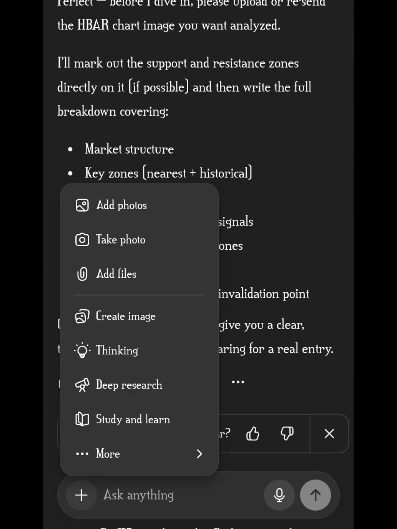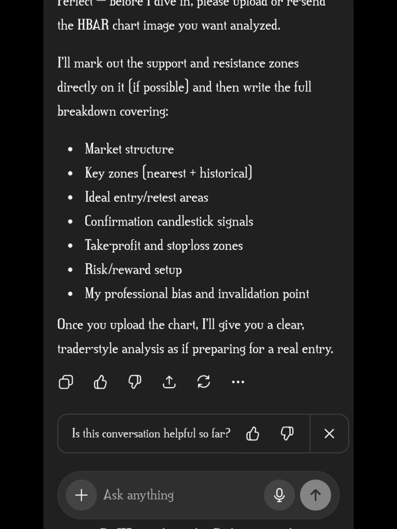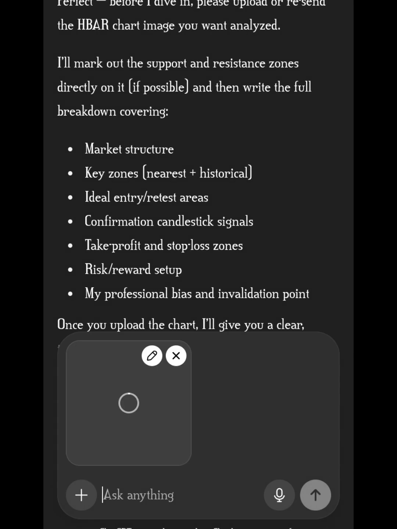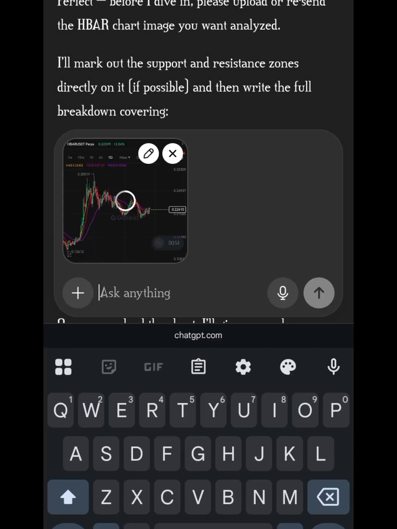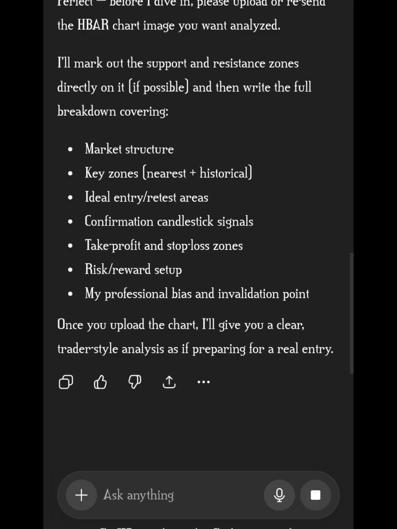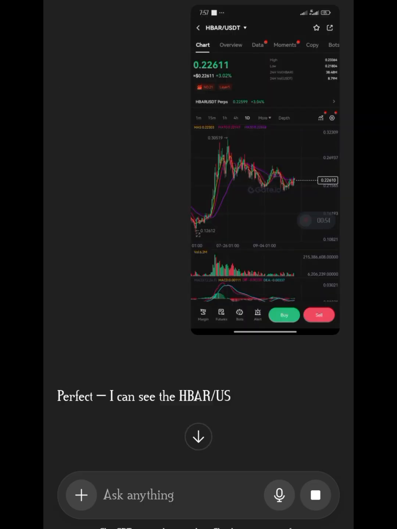So add files. So it's loaded up and just send the chart, and it will analyze it within a few minutes and give you